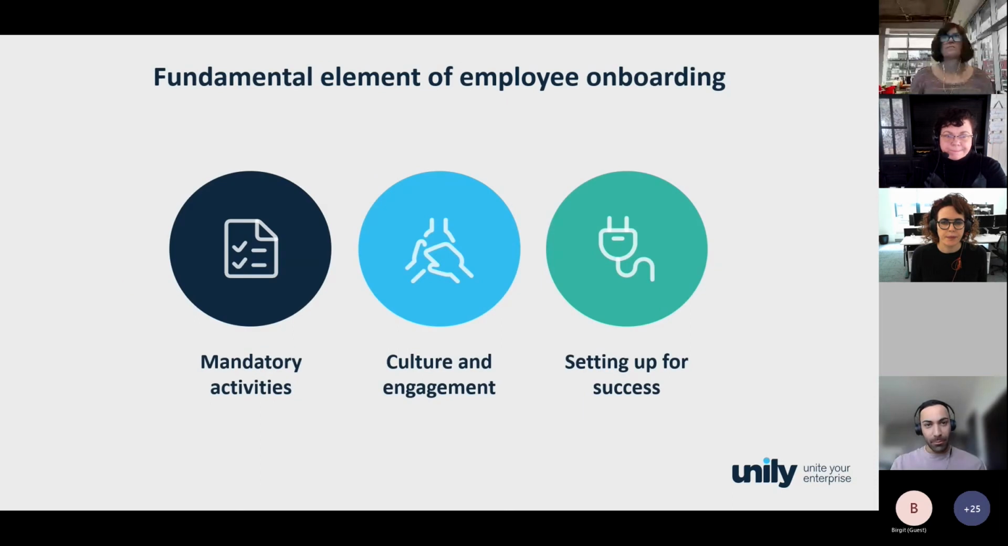You'll see the output of that very soon. But before we do, one of the outputs of that internal process was that we identified 3 elements of employee onboarding, which need focus in themselves. The first one we've spoken a lot about already, which is mandatory activities. These may come in the form of documents that employees need to read before they start, acceptable use policies, ISO policies, maybe forms that they need to fill out, ultimately stuff that needs to get done